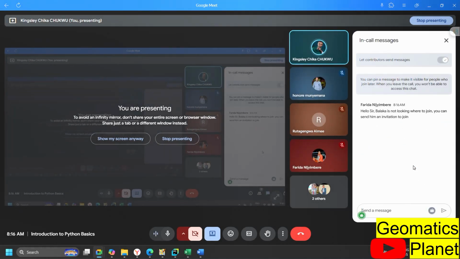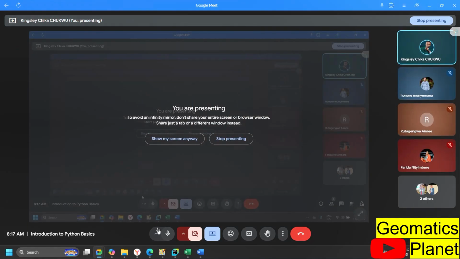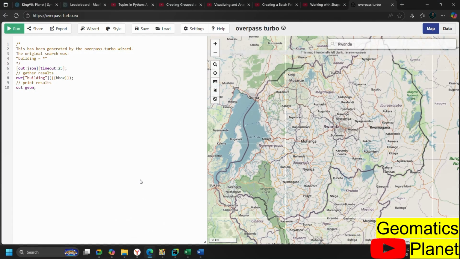Saying like he said he's not joining, you can send him an invitation. I sent an invitation to all of us except his own. This thing is not working, but I believe everybody is in this loop. Maybe he's not used to Google Meet. You can ask him, but I'm going to send it to him right now. Okay, so